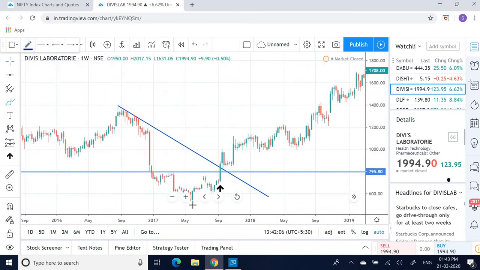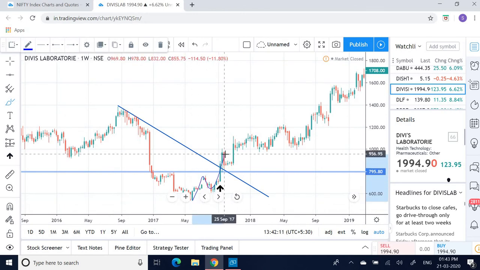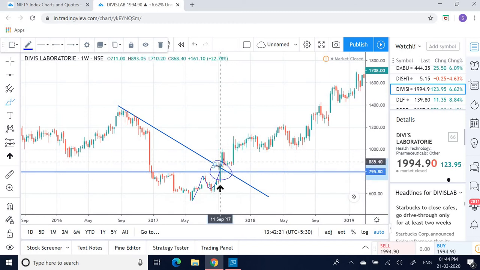And what did it do? It made a higher high, higher low. This is what you are looking for, right? All the confirmations are over here. You were supposed to be a buyer at this tick in this candle, and your entry would have been at 870. And from 870,